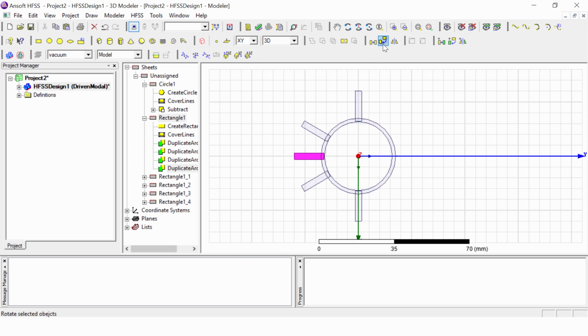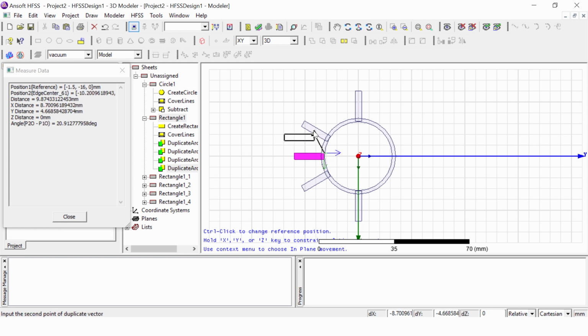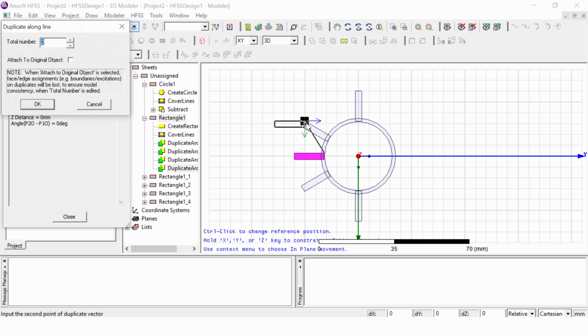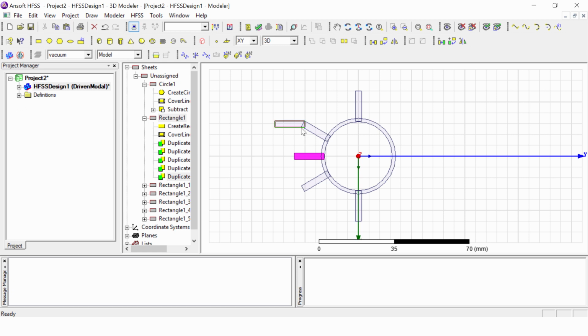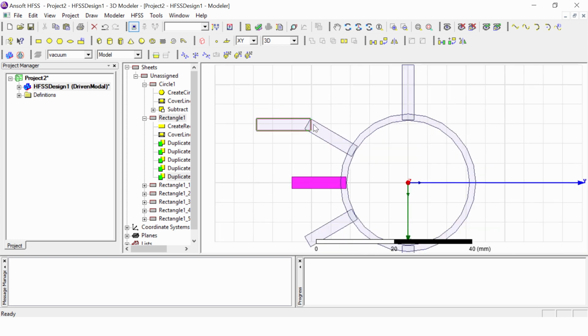So for that, just go to the duplicate along line, click on that, and we will choose one of the corners of this line, and here also we will choose the corner and click here. Click OK. So you can see now this is connected and the line is now in the y direction.